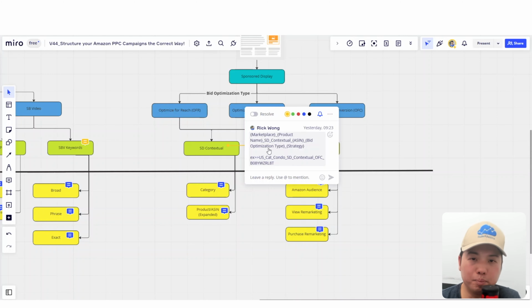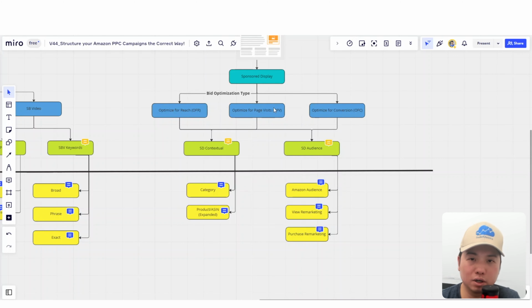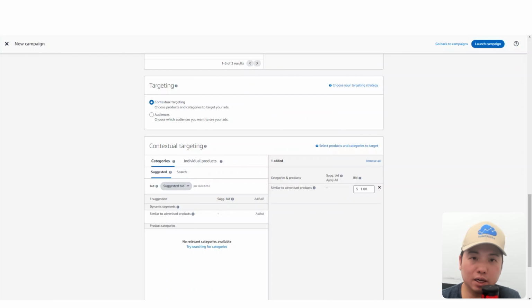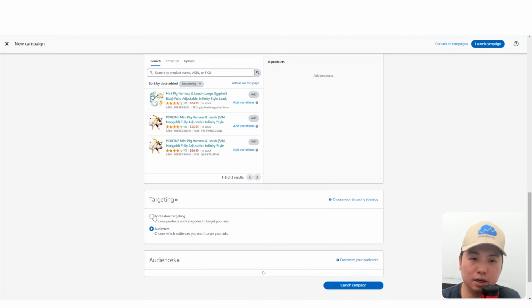You could just use synonyms, OFR, OFV, OFC to do your naming convention on a campaign name level. In my example for cat condos, if I'm selecting, let's just say contextual,